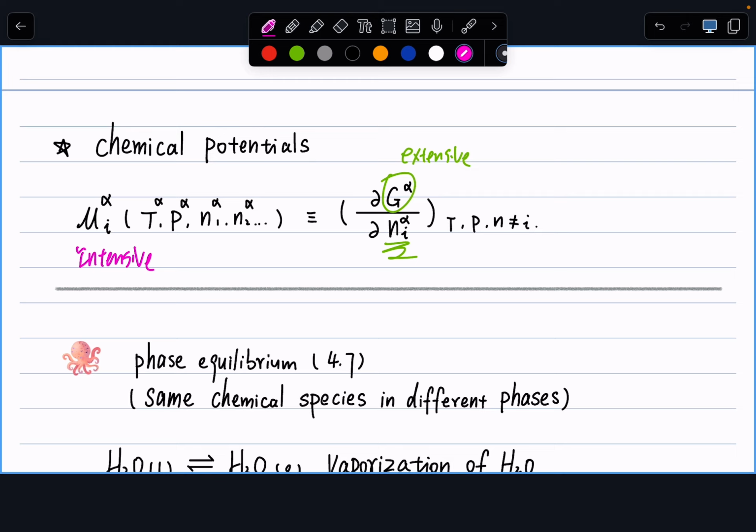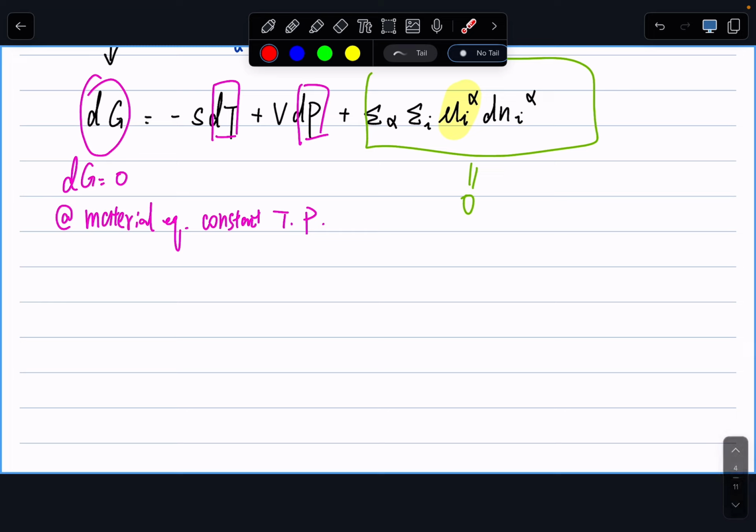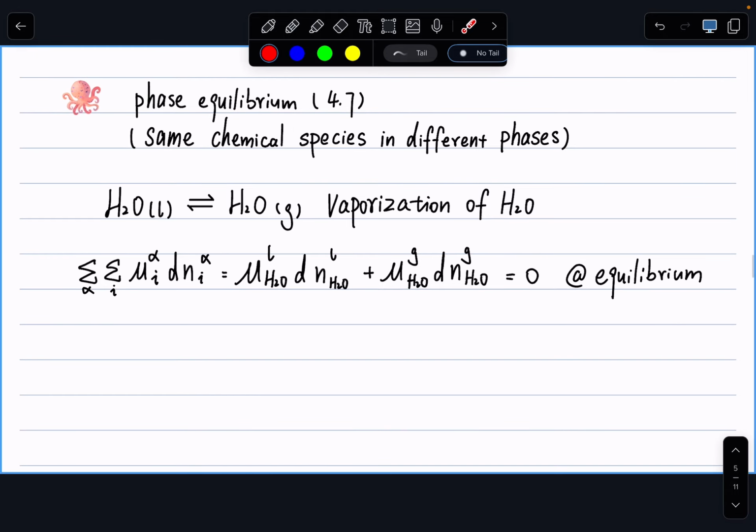Okay, let me make some space. All right. And now let's move on to look at phase equilibrium. This is going to be an application of what we know to try to find out an idea, right? We know that this double summation equals 0 at equilibrium. But what does that tell us about the chemical potential of species in a phase equilibrium? So we're going to look at two phase transfer processes. One is at phase equilibrium. The other is not at phase equilibrium. And we'll see how my chemical potentials relate to each other in these systems.